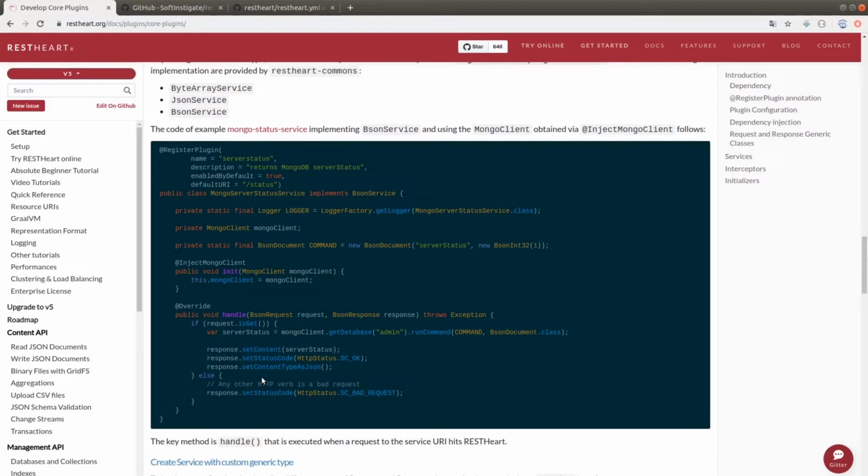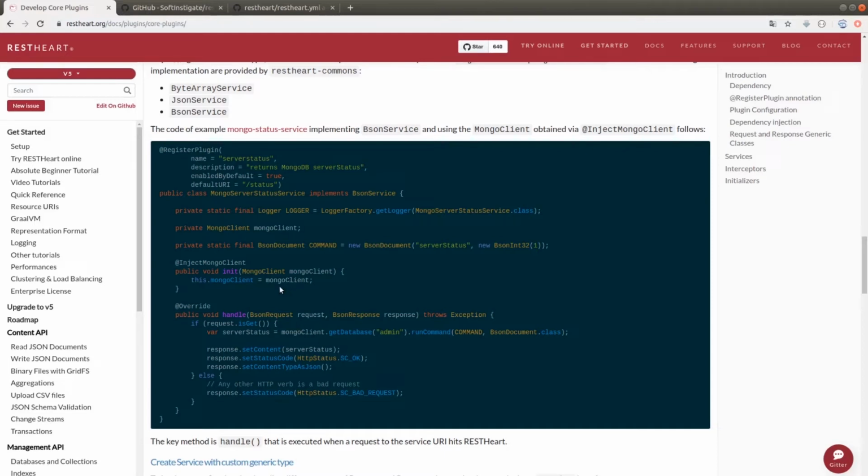The method has two input parameters, that are a request and a response. These two are of a type which is compatible with the interface, which in this case is BSON service. Therefore, as we can see, we have a BSON request and a BSON response. Inside, we can see that there are different methods allowing the manipulation of the request and the response. Request is get allows us to verify if the request is of a get type. There are also some equivalent methods to verify if it is a post, put, or delete type of request.